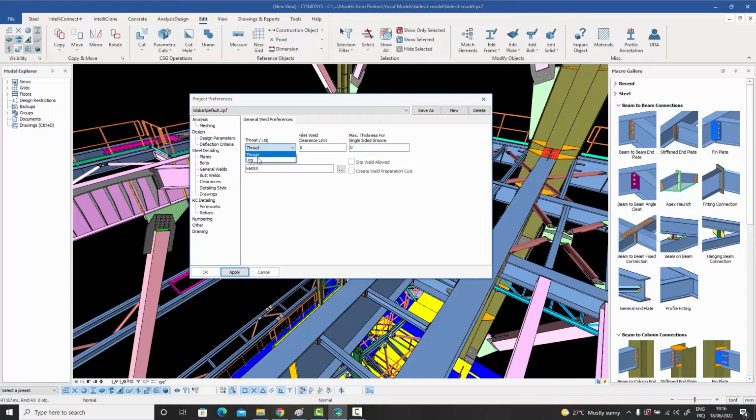But if the standard requires you to write the leg size, then the analysis will convert that into a leg size, and so you need to basically tell the program what you're going to show on the drawings, and according to that it's going to convert it into a leg size or leave it as a throat size. Now there's a fillet weld clearance limit over here, and this is something to do with